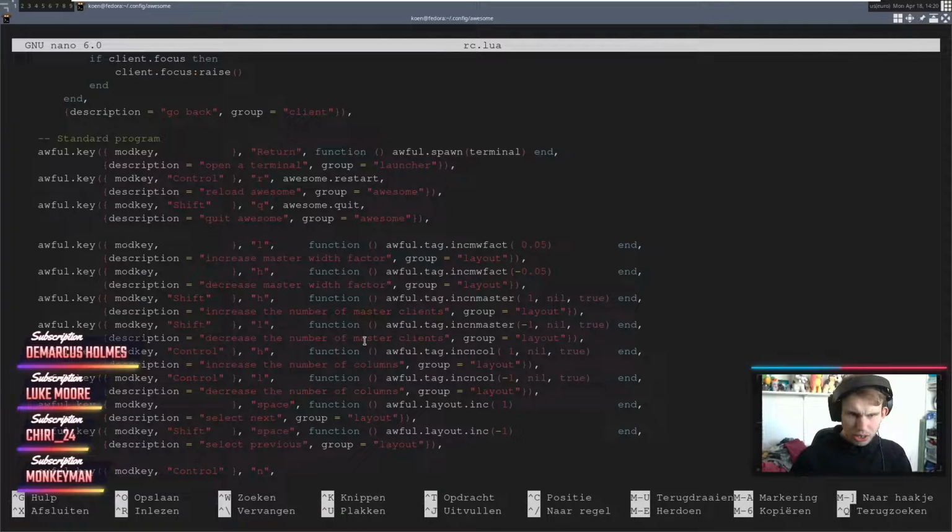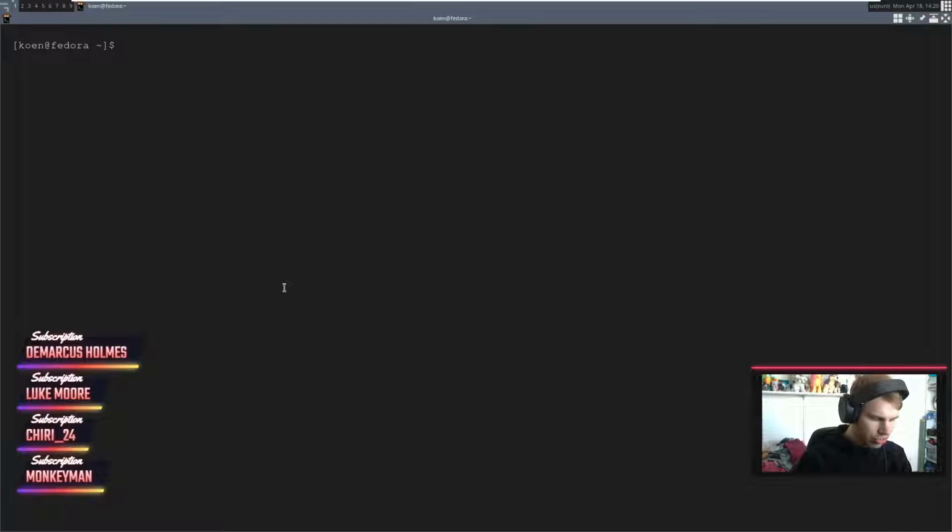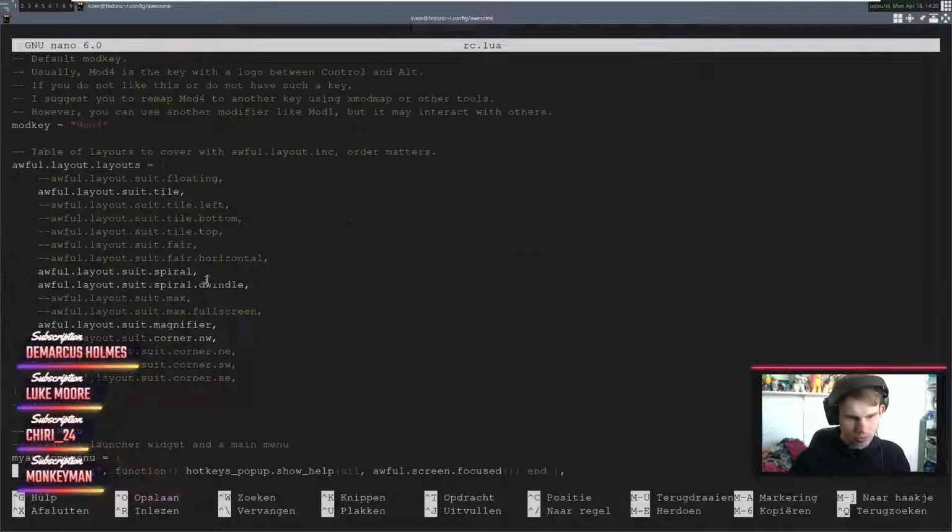And basically what I want to do is change that entire thing around, because the way that it's set up makes me go Super Shift C, which honestly kind of hurts my hands to do every single time. So we want to change that around.